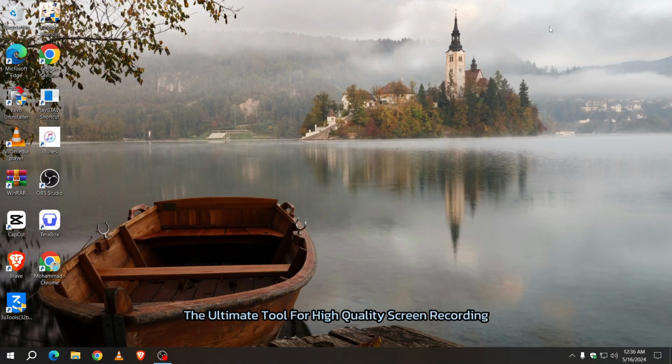Today I'm going to show you how to download OBS Studio, the ultimate tool for high quality screen recording. Whether you are a gamer, a tutorial maker, or just someone who loves sharing their screen, OBS Studio has got your back. So let's dive in. First things first, open up your browser and head over to obsproject.com